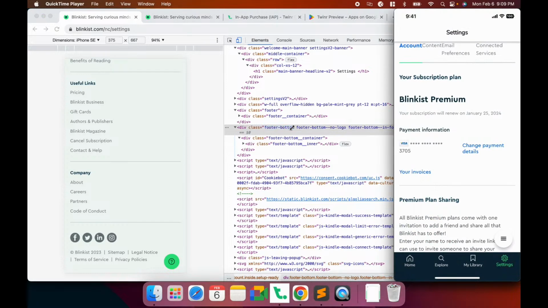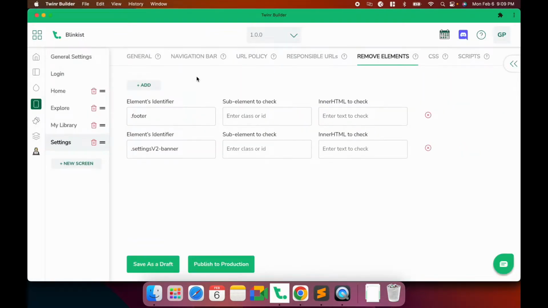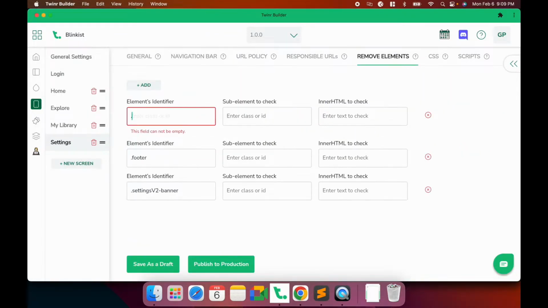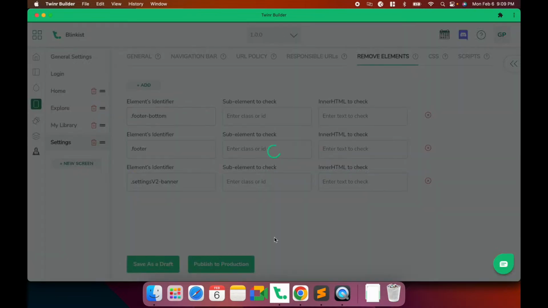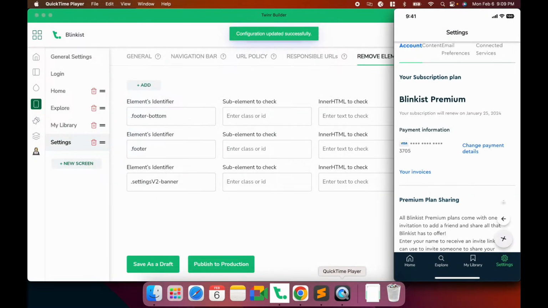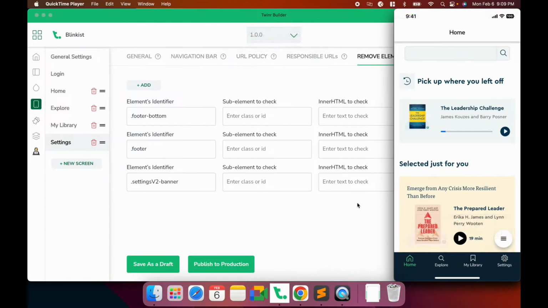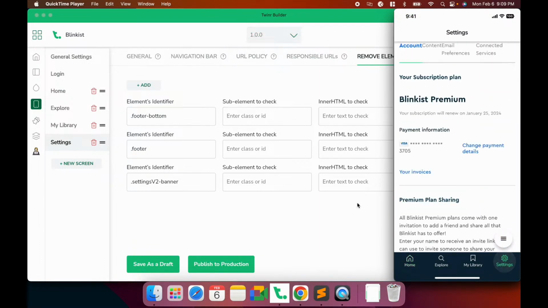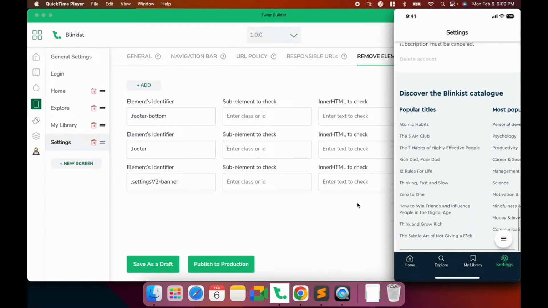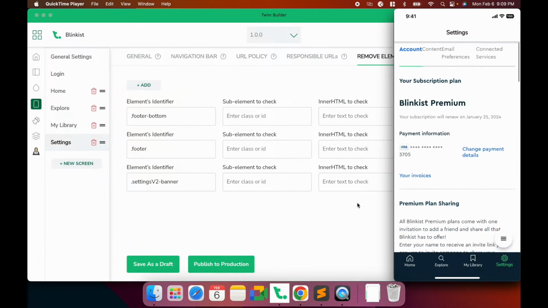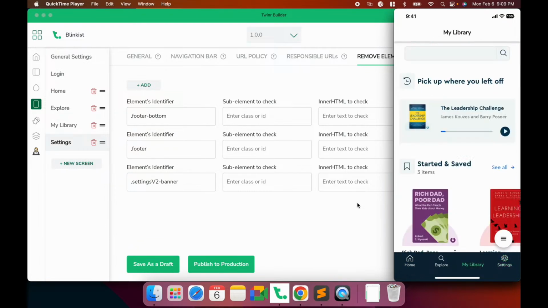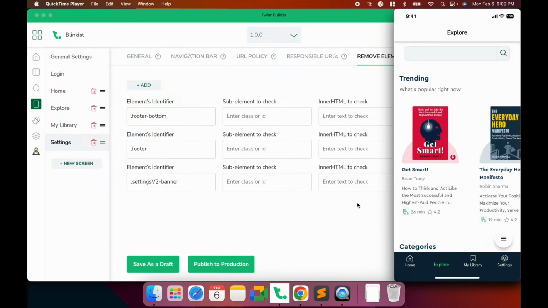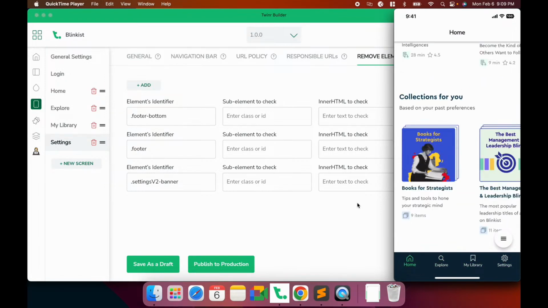Footer bottom, and then go to portal again, add this element, footer bottom, and save it as a draft. Let's go here, reload this, and then let's go to settings, and we don't see that anymore. Okay, so our settings screen looks good, our library screen looks good, explore screen looks good, home screen looks good,